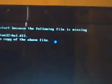Okay. Windows could not start because the following file is missing or corrupt: Windows root system32 how.dll. Please reinstall a copy of the above file. Okay. Now, I already knew this was going to happen, so don't worry. So, I'm just going to turn the notebook off, and then I'm going to turn it back on again, because we now need to boot from the USB again. So I'm going to just go into the boot selection menu, and I'm going to go to the Data Traveler,